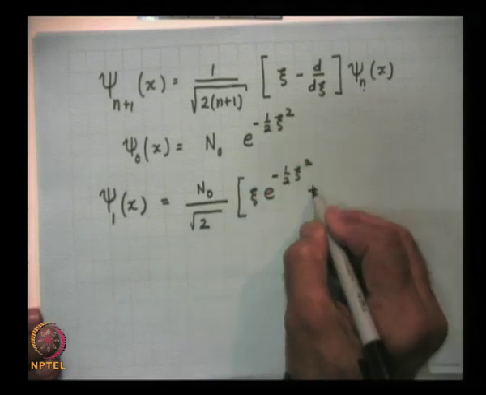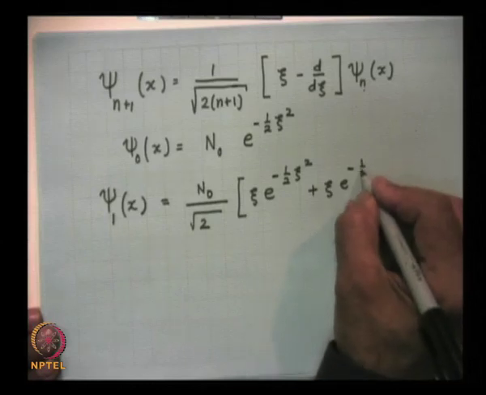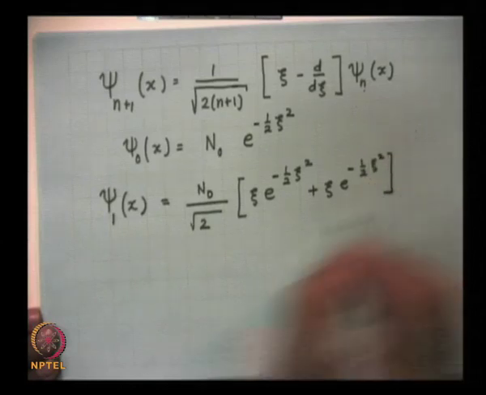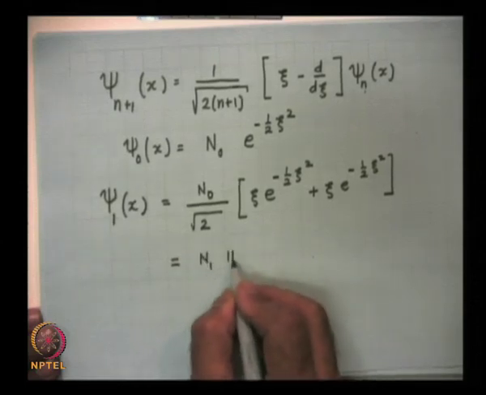So, plus xi e to the power of minus half xi square. So, this you can write as N 1 H 1 of xi